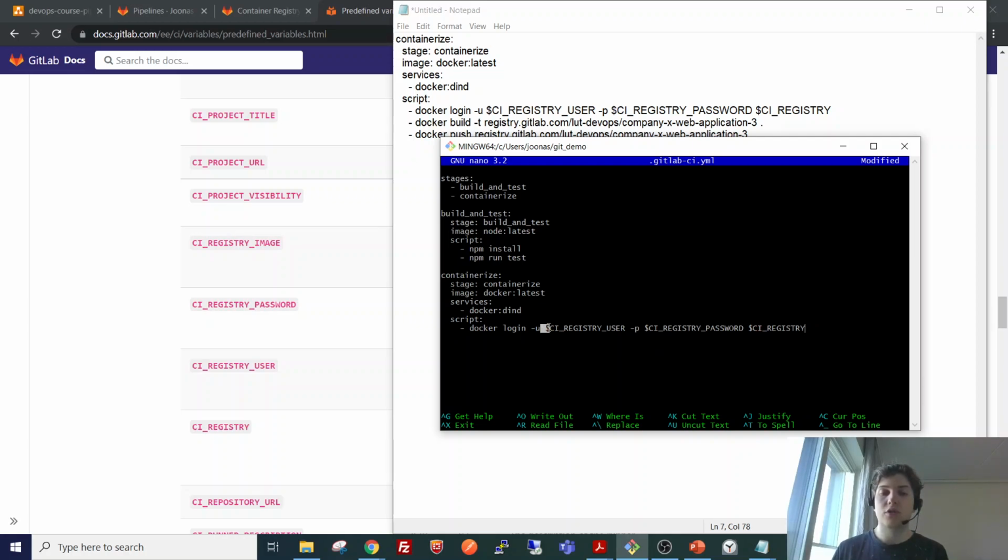Notice the syntax, it has this dollar sign in front of the variable. And finally we specify the registry where we are authenticating into. This is pretty much the registry of this GitLab project or repository.